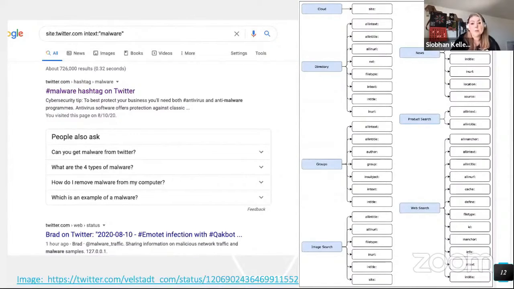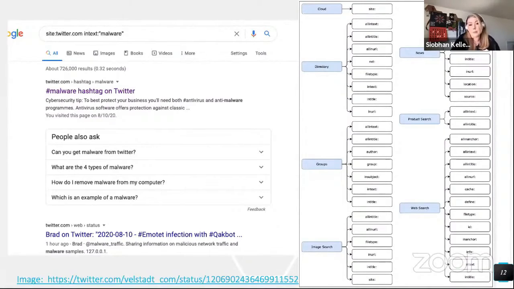So if you wanted to get something from Twitter, you can do a Google dork. Say, for example, I wanted to look up malware. I would put into Google site twitter.com and then the in-text malware, and it will return every public tweet with the word malware in it. While you could just Google Twitter and the word malware, that's going to return everything that has to do with Twitter and malware. This dork will return just what's found on twitter.com as opposed to everywhere else.